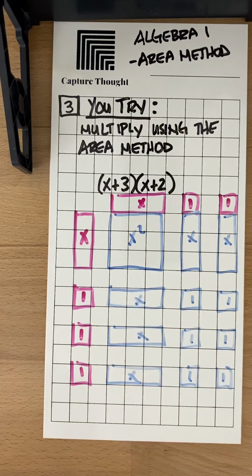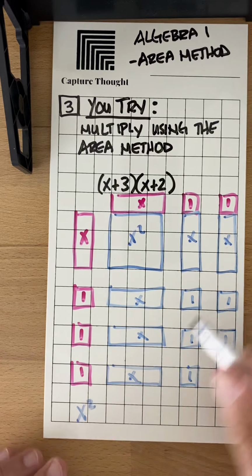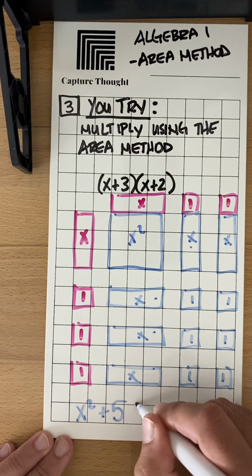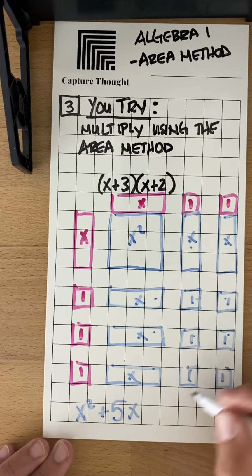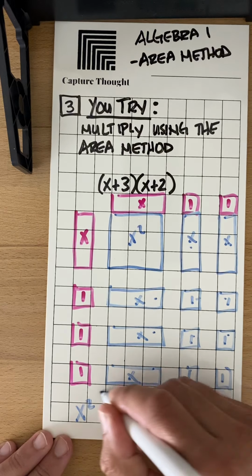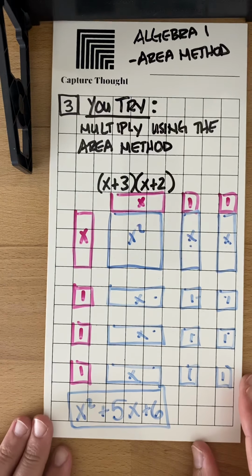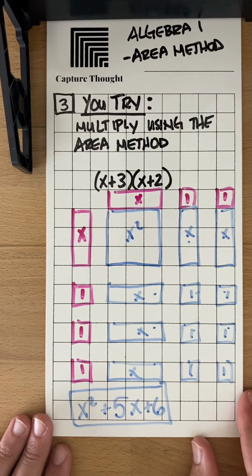I have 1 x squared, so that's going down here. I have 5 x's, and then 1, 2, 3, 4, 5, 6. So I really don't even have to think about it because the answer just shows up in the form of tiles on the page. This is pretty cool. This is a good representation of how to multiply binomials. Okay,